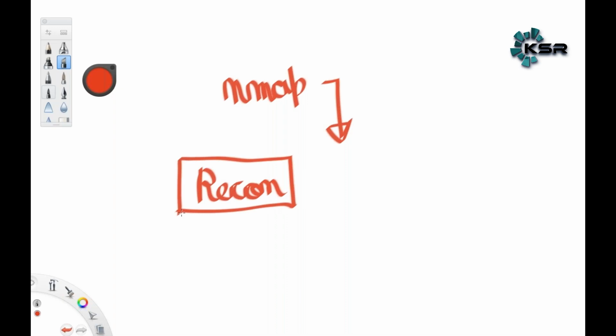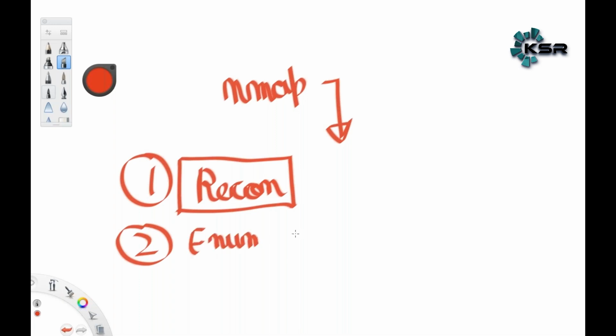So, hacking has 5 phases. The first phase is known as recon, where you try to find out what is there on an IP, what is happening, right? Then the second step is enumeration. After finding out what is there on an IP, you try to dig in further and find out what exists, what doesn't. It's a process or a phase similar to phase number one, but there is some difference that I will clear when we start our classes.